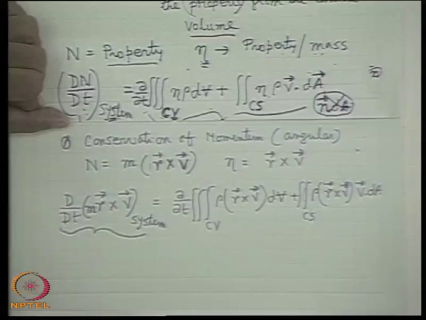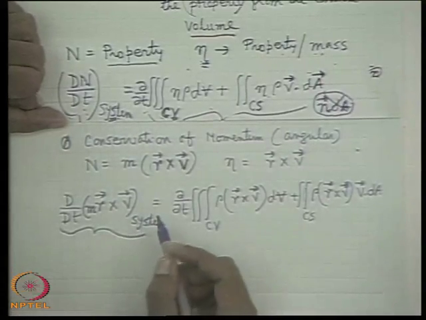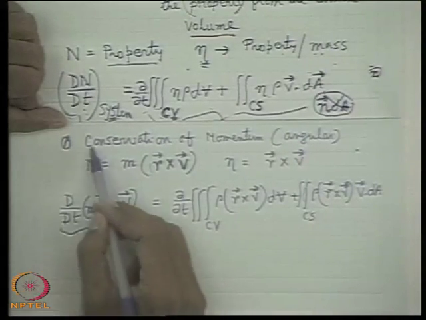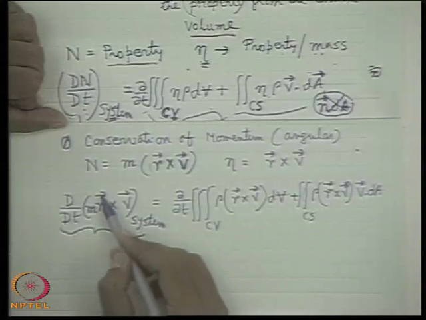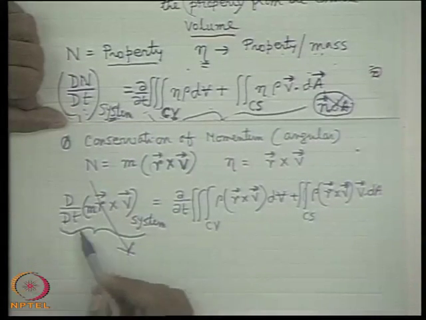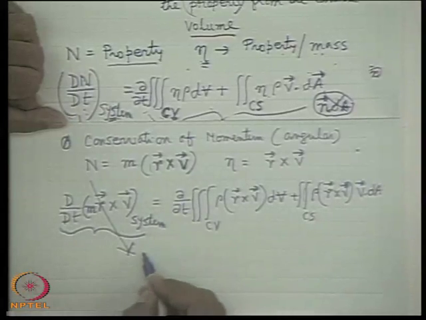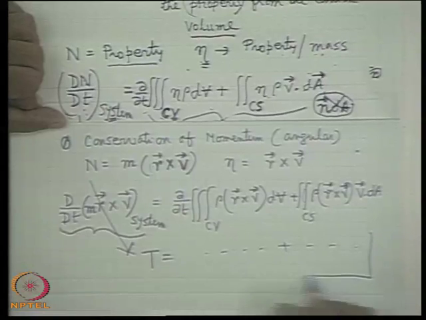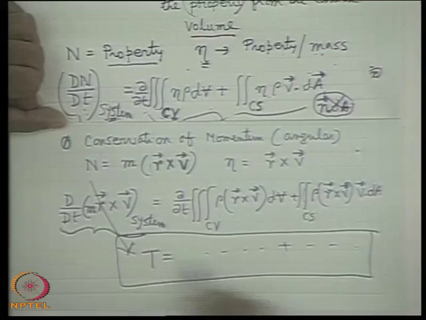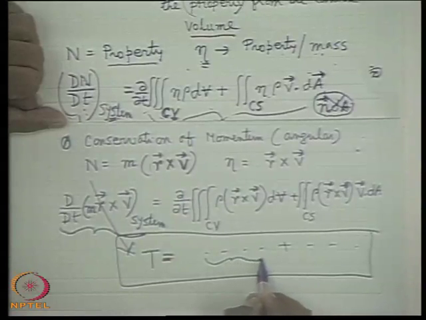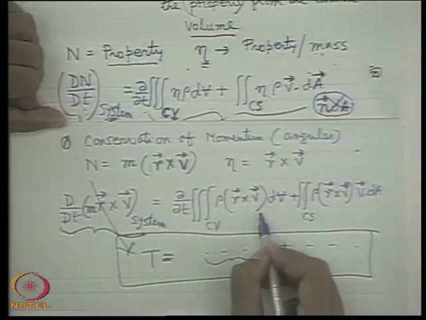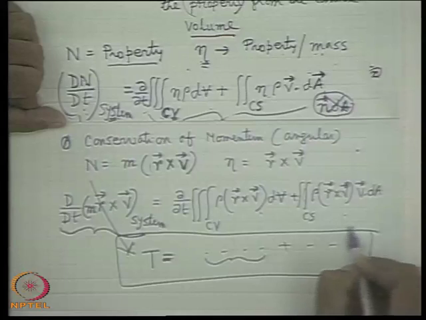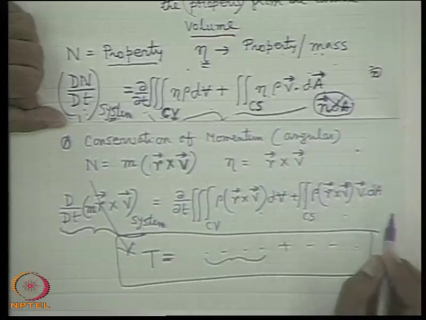All right. Now, in a similar fashion, we have learned the conservation of angular momentum for a system first, and what is this quantity? Torque. Very good. The rate of change of angular momentum of a system is torque. So, therefore, first plus second. This is the angular momentum theorem. That means the torque applied to a control volume must be equal to the time rate of change of angular momentum within the control volume plus the net rate of flux of the angular momentum from the control volume.